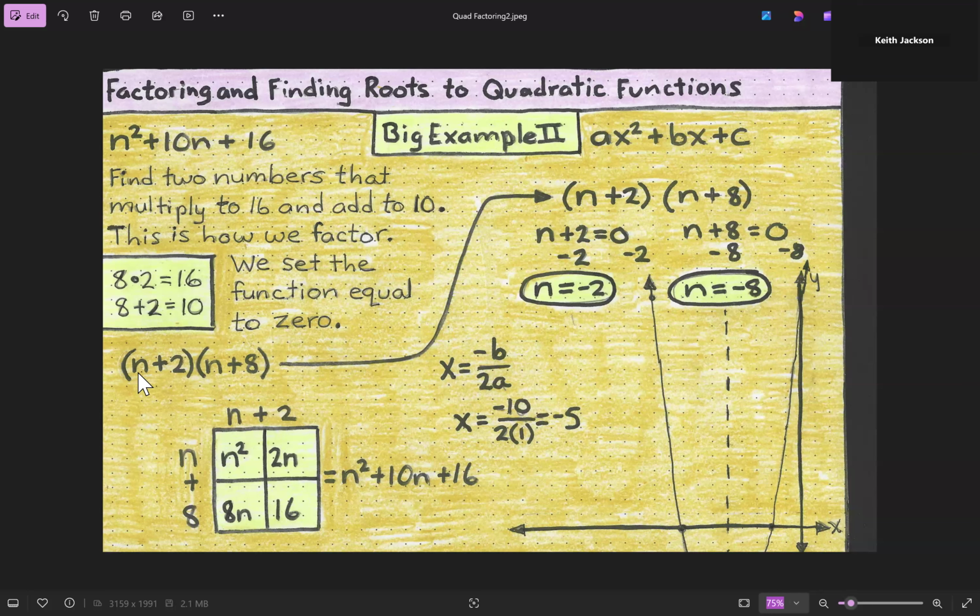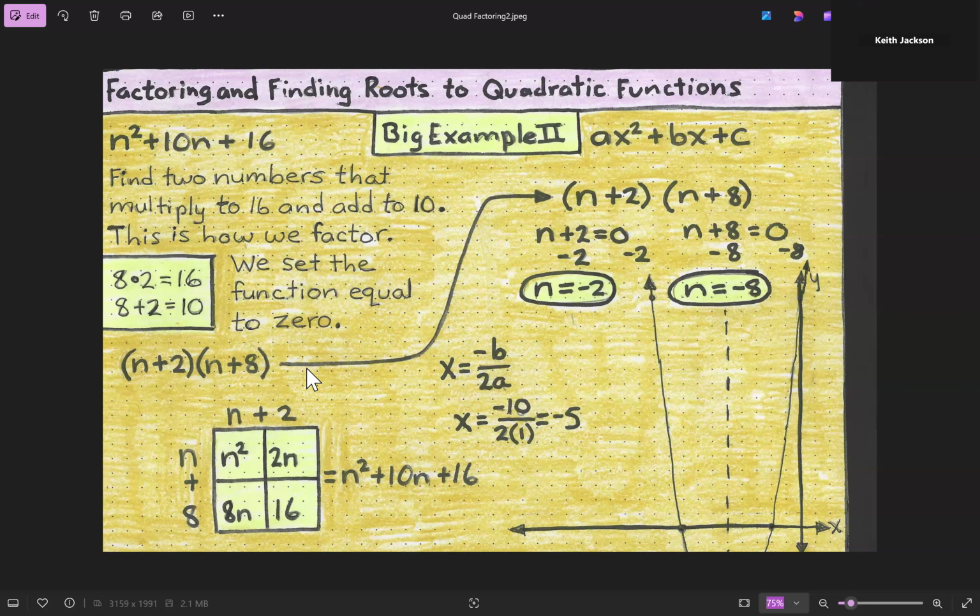And what we're going to do, we're going to set the function equal to 0 because we're just going to park our n here and our n here inside those two parentheses. We're going to add a plus sign because we have a plus sign here and here, and we're going to put a plus sign here and here as well. And then we're just going to put our 2 and our 8 right here. And so we have the quantity of n plus 2 times the quantity of n plus 8,